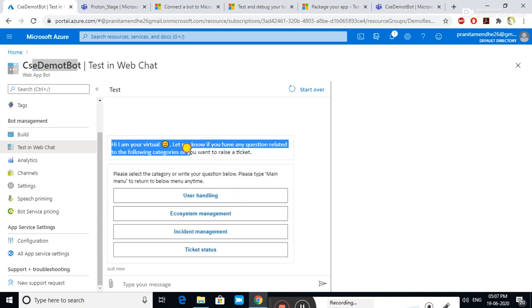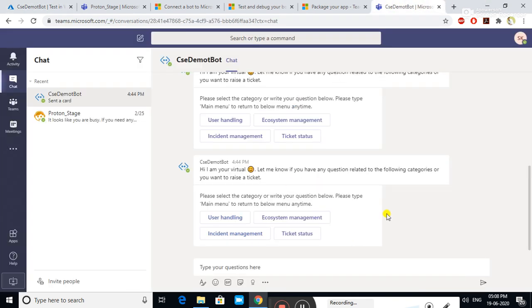You can see the welcome messages and some options with buttons. So you can see the MS bot is responding in MS Teams. Like that, you can use your bot individually in MS Teams.